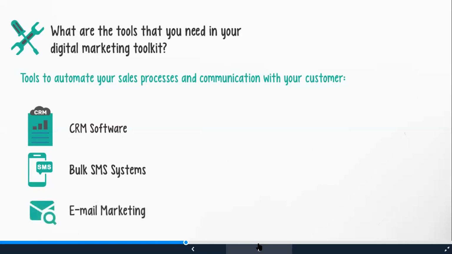Email marketing. A lot of people think that email marketing is dead. It's not. If email marketing is done correctly, it is still extremely effective. The secret to effective email marketing is just to be interesting and be relevant, not always try to do a sales job, but actually share valuable information with your customer base.